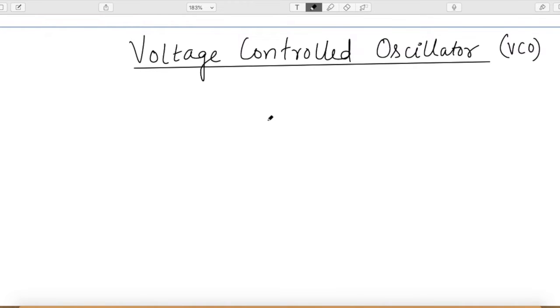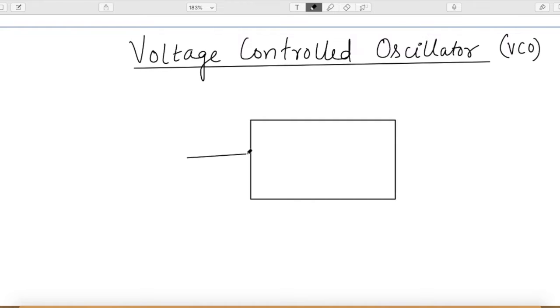If I just draw the block diagram, on one side the input will be a voltage. Let's call it the control voltage which controls the VCO, Vcont. This is my VCO, and on the other side it will spit out an oscillation frequency,